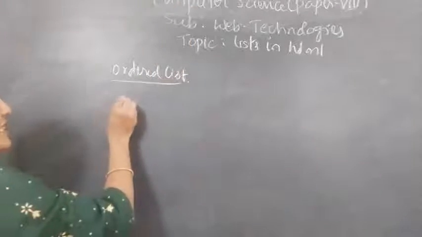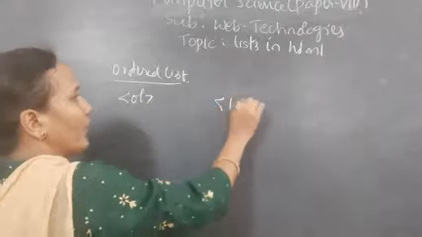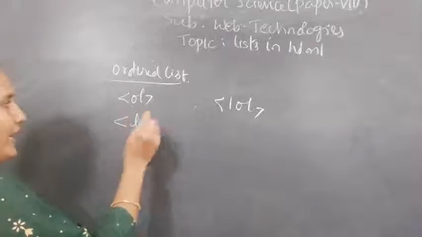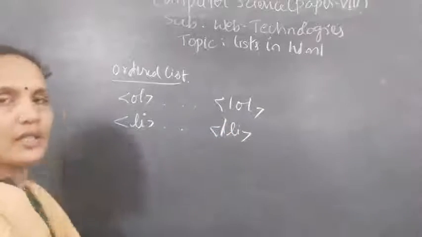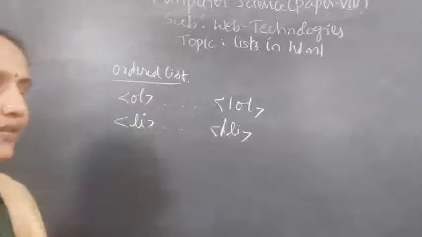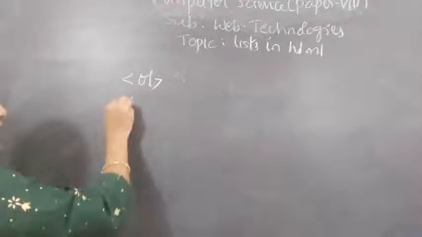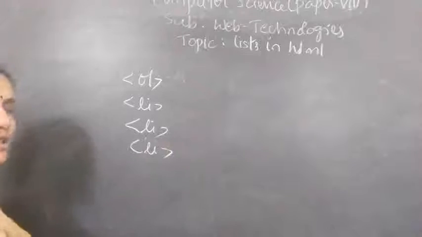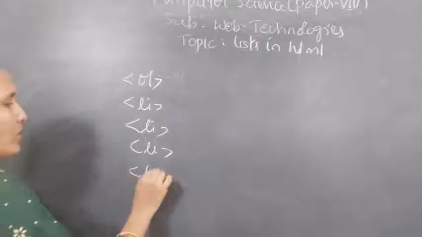An ordered list starts with the OL opening tag and ends with the OL closing tag. And whatever list items are there should be preceded with LI and should end with the LI closing tag. Here LI stands for list item. That's it. Same example, I will write using the ordered list. It starts with OL, then give the list items. Three list items are given. Write the same example program, just in place of UL, you give OL, and it should close with OL.